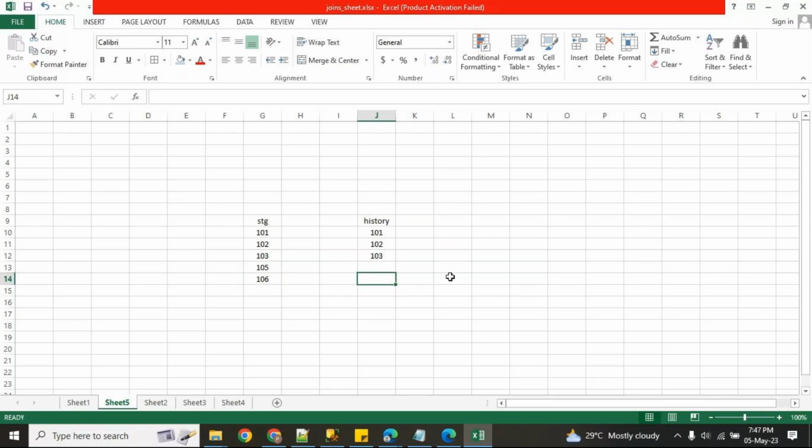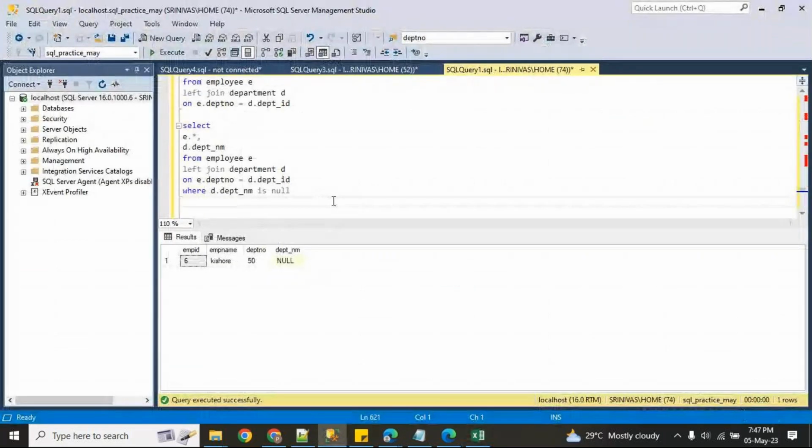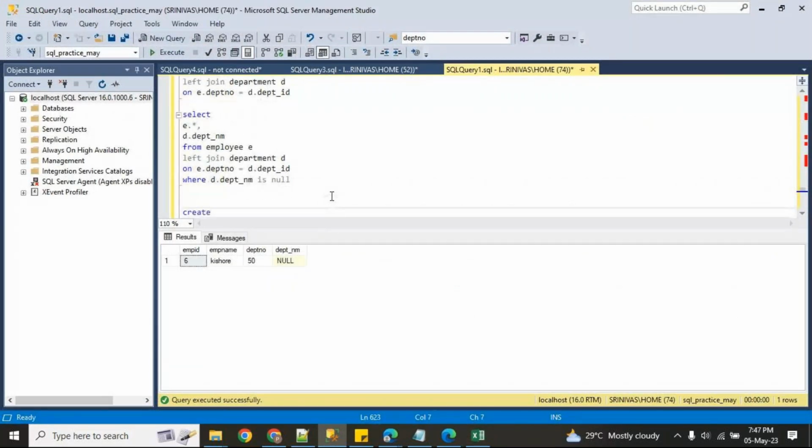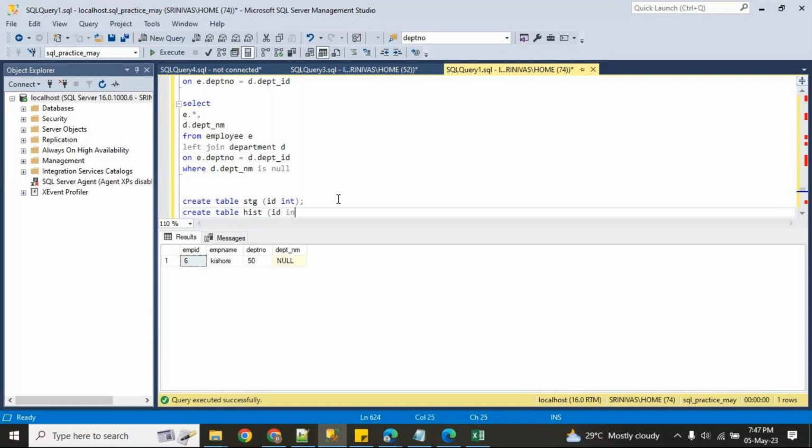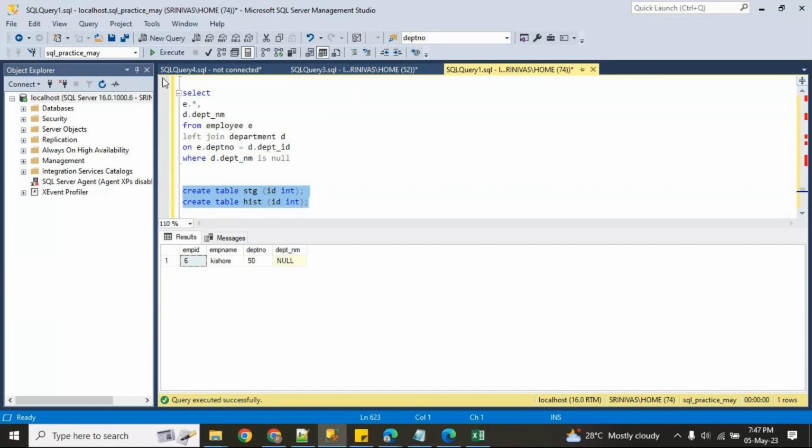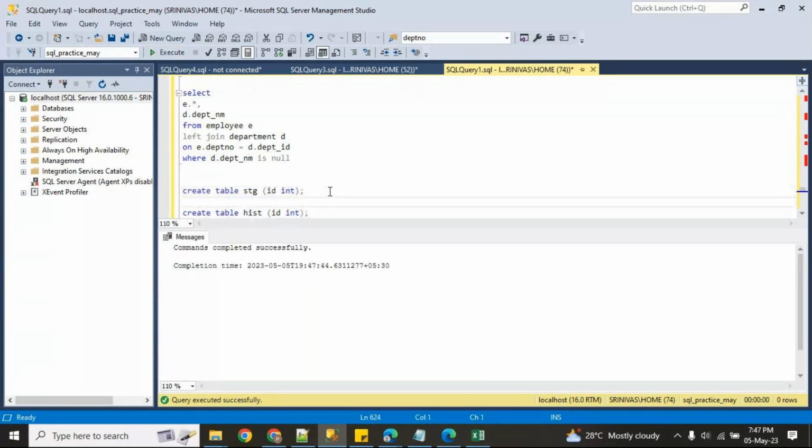Now normally, let me create this data set. It is time taking. Let me create table stg with an id. Create table hist with an id.